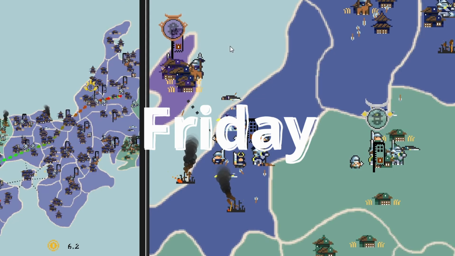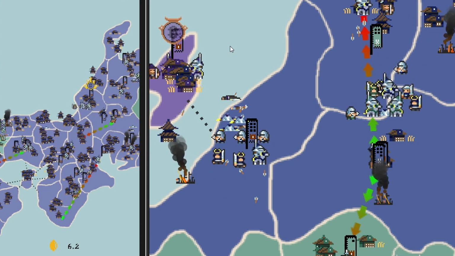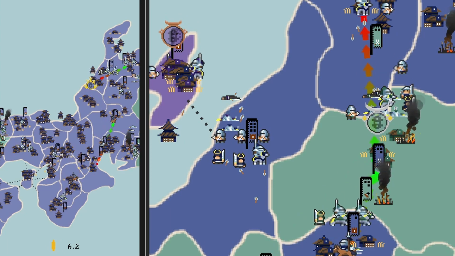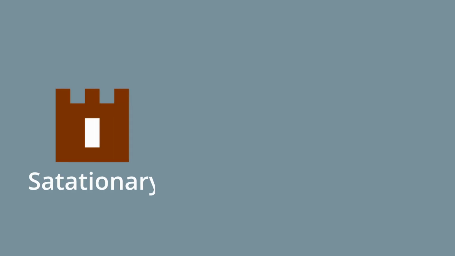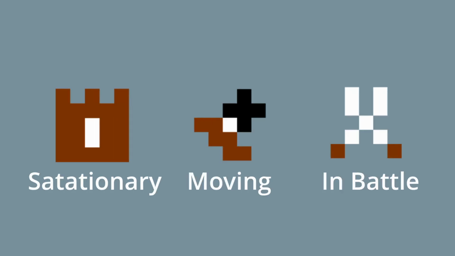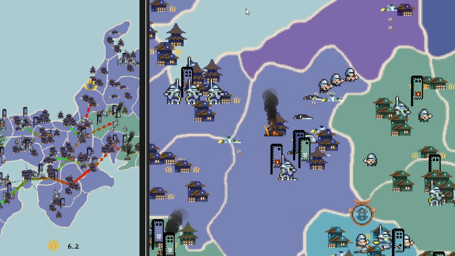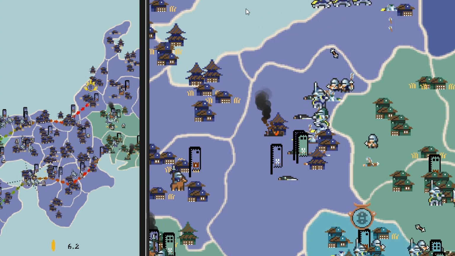Next, I decided to move on to improving the armies, since I noticed they could use some visibility improvements while playtesting. I first want to do this by adding an indication for what state the army is currently in. There are 3 basic states an army could be in: stationary, moving, or in battle. I had to make these really small icons for the different states, which was pretty fun to figure out. There's really not much room to work with at that scale, and any one pixel can change the entire feel